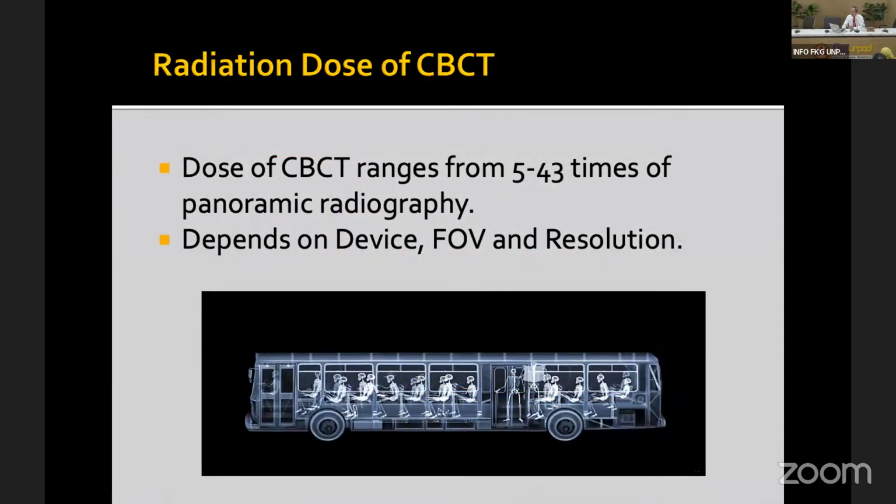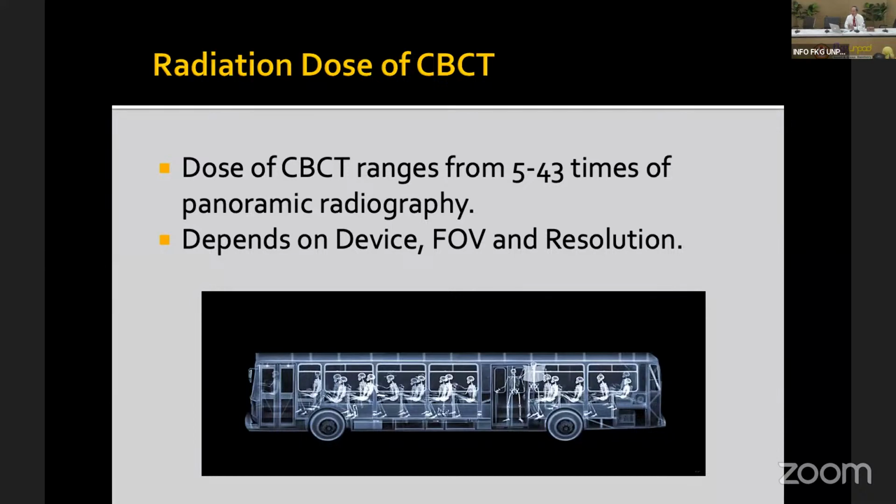Regarding the radiation dose of CBCT, often in the school people will ask, we know the intraoral and the pan doses, so approximately how many panoramic radiograph doses equal one CBCT? Certainly we cannot compare exactly.